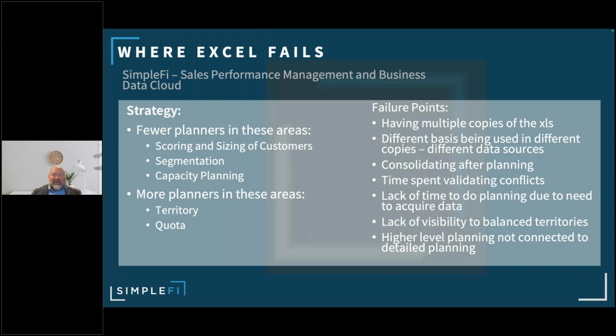And then lack of visibility to balance territories. If you don't really set up your spreadsheet well, sure, you could see everybody has 5 accounts and you have five more to assign, but do you have those KPIs of saying what is my average score across my territory or across my territories for my team, and what is the average revenue potential for each of my accounts across my territory for my team? With the system, you can quickly have it give you those answers as you're doing the planning, so you can assign out accounts to your territories and see what the impact was to not only the account score but